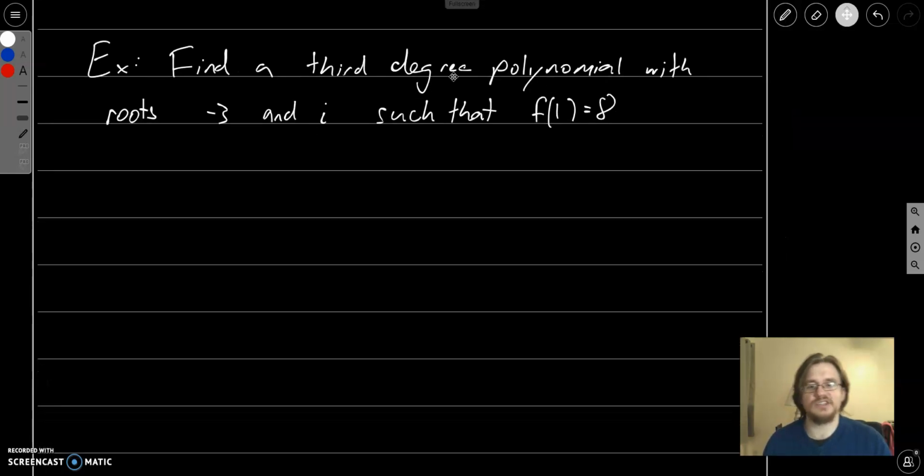So we're going to reverse engineer a polynomial. We want it to be a third degree polynomial, and the roots are going to be -3 and i, so we know that it has at least these two roots, and we want it to satisfy f of 1 equals 8. Okay, so first and foremost,